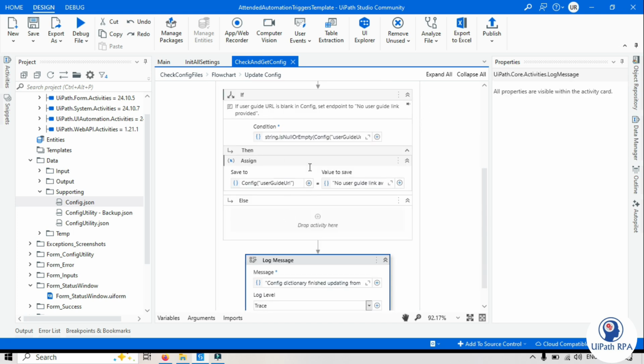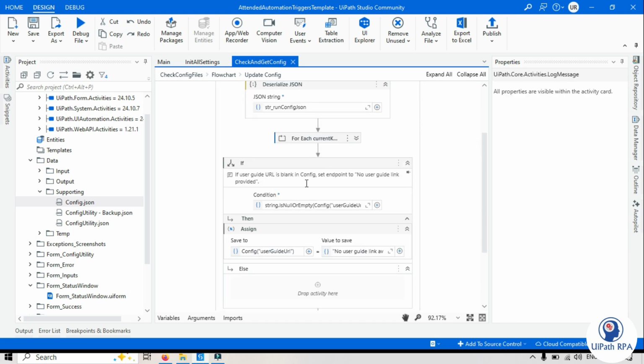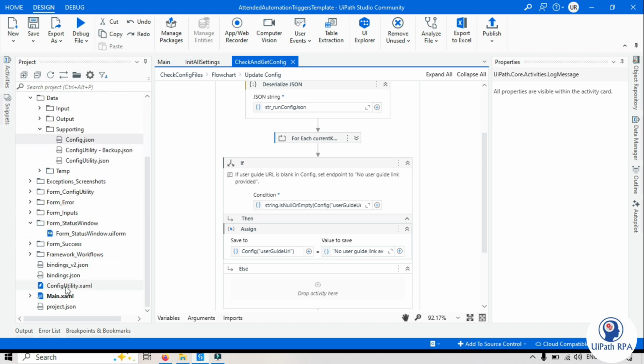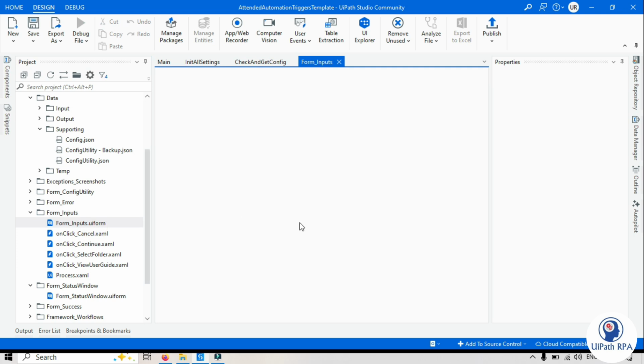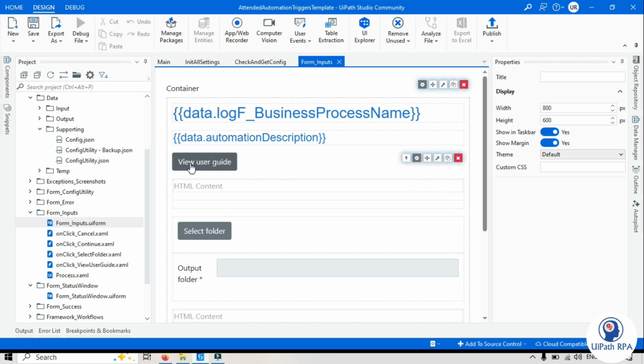After that we have an If activity, which checks whether the user guide URL is blank. So this form itself, if you see, let me show you the inputs form. There is a button here which is created to help you with the user guide, let's say the user guide of this automation. If you want to set the URL of this, you can do that. Might be for the first time it will be blank. So it checks here,